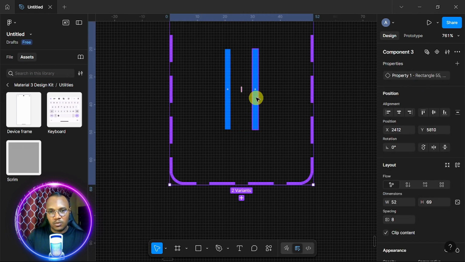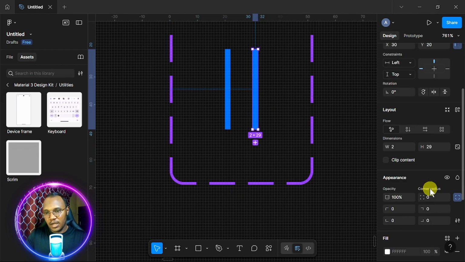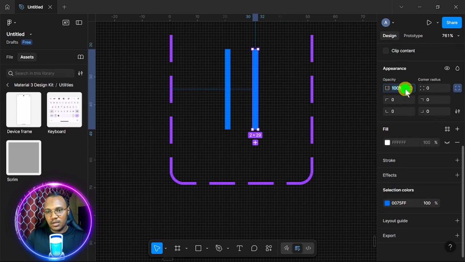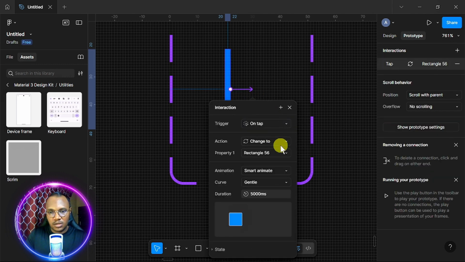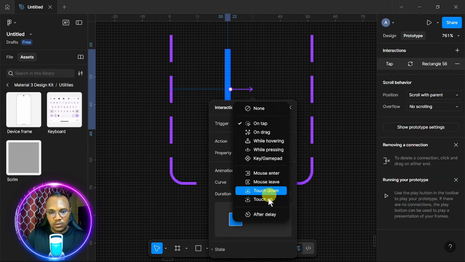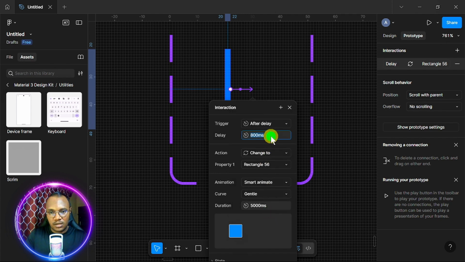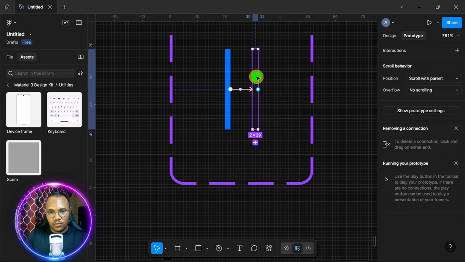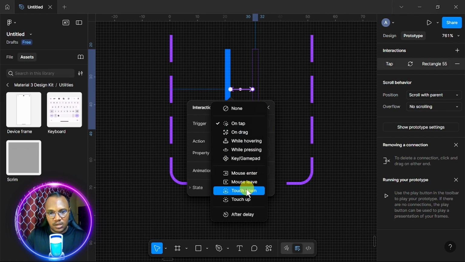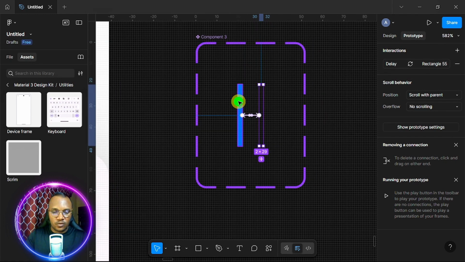And once I create a component set, I will now come to appearance and I will turn it to 0. So now prototype, I will click on this and join it with this. Then I would come to say, after a delay 1 millisecond, then instance. This also connects back to this after a delay 1 millisecond. So I'll just copy,